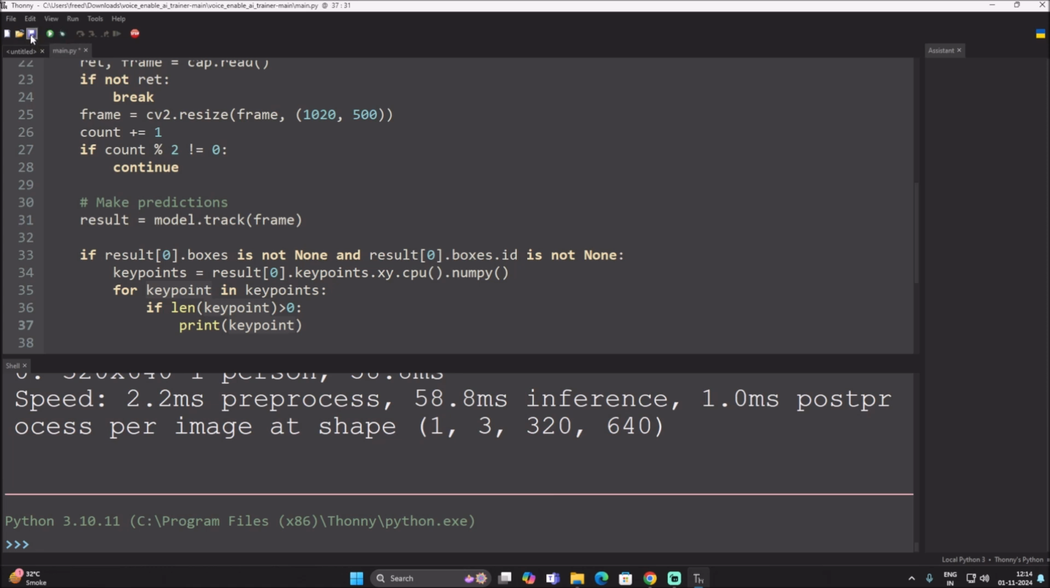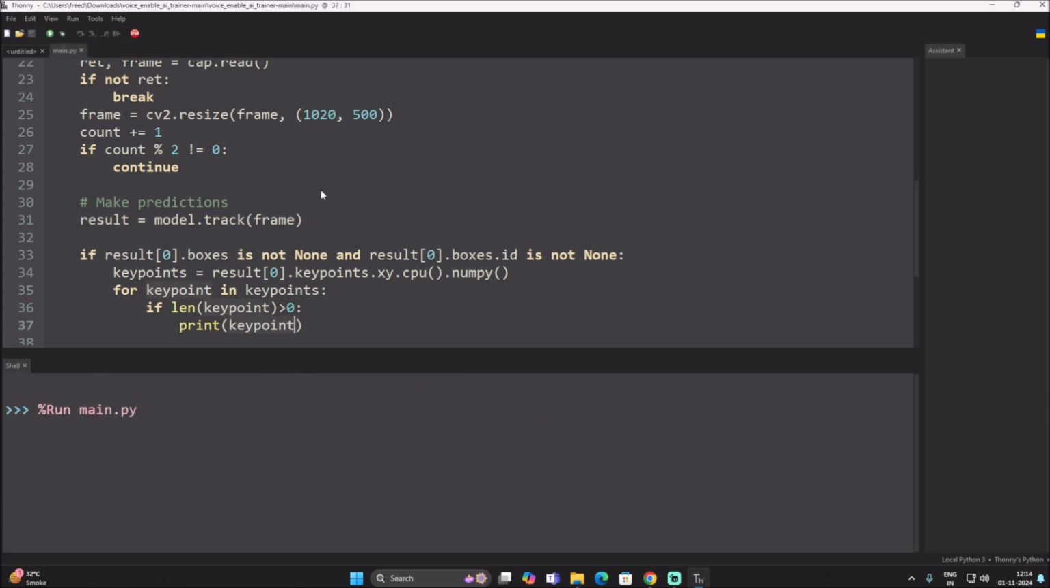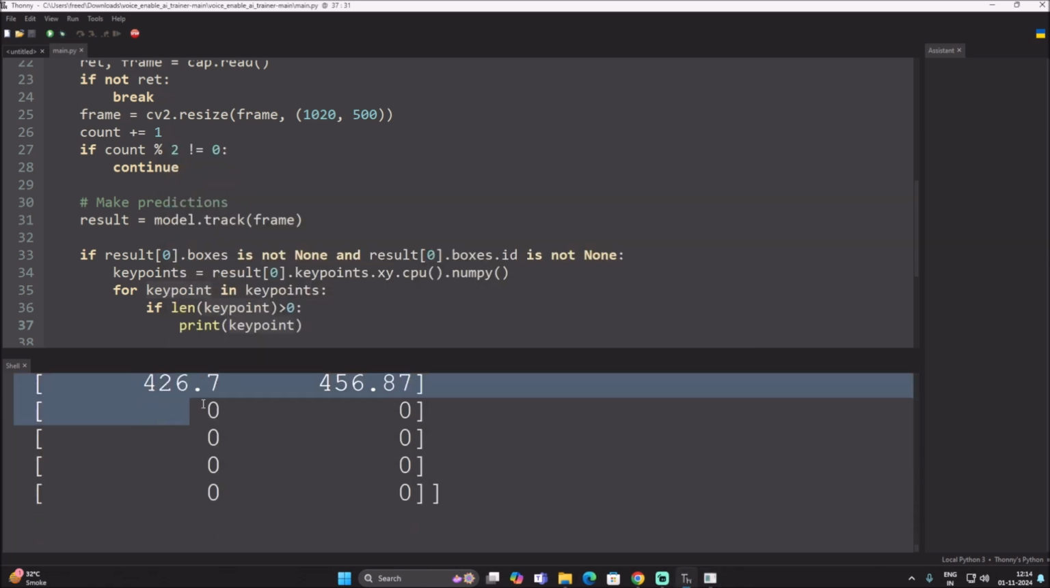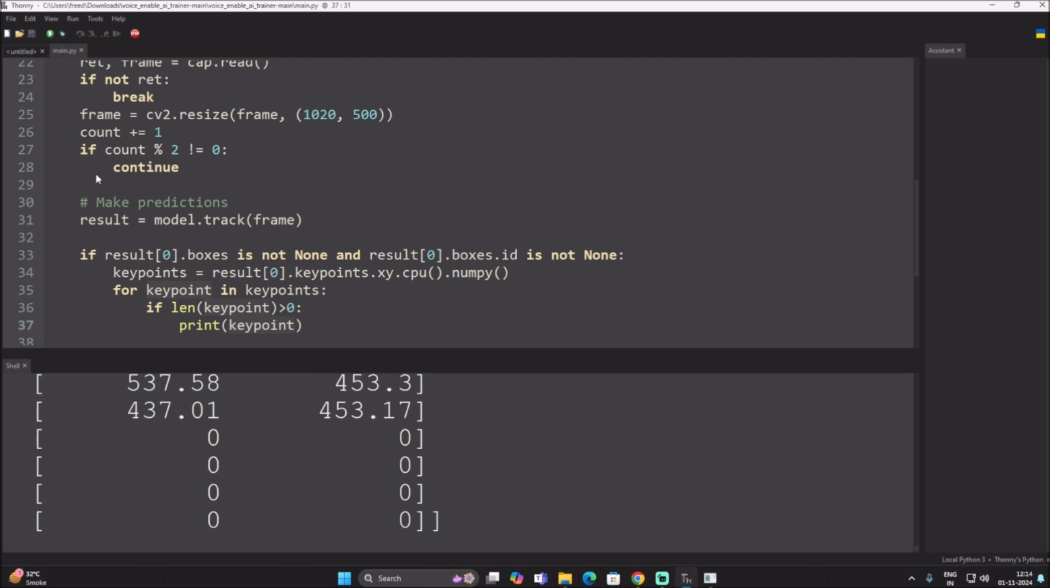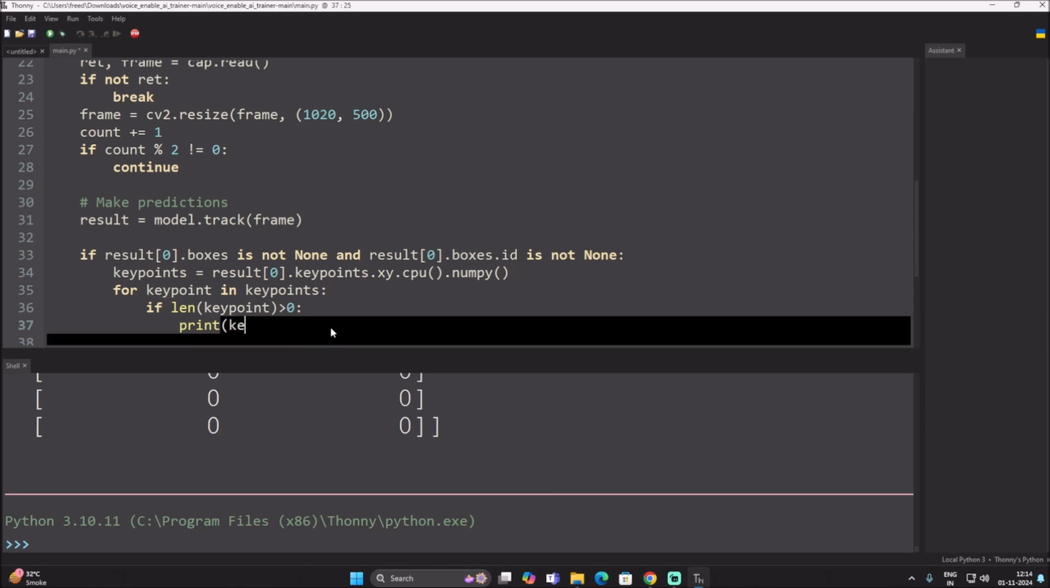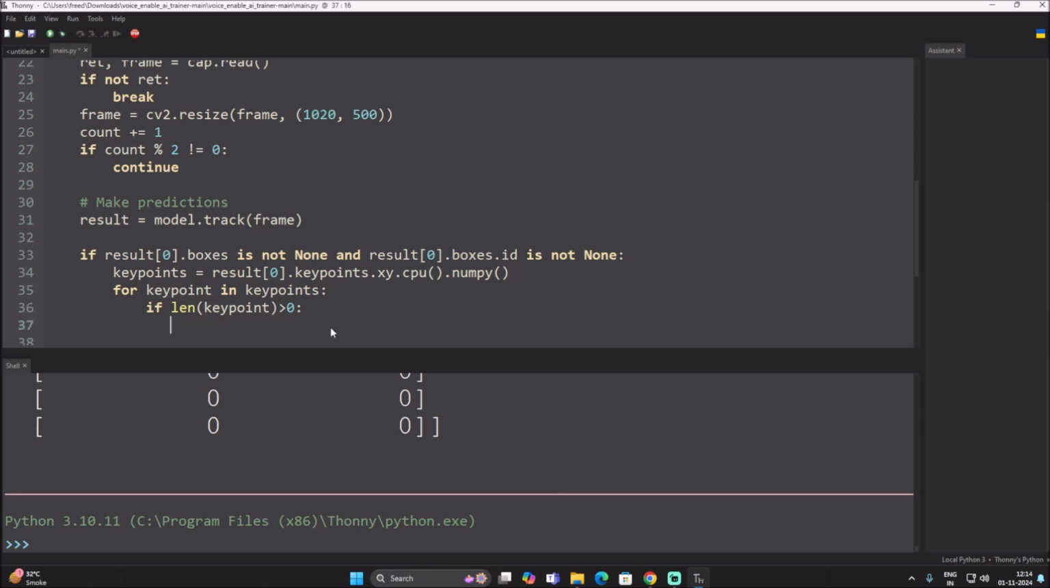So if I save the code, if I run the code, as you can see, inside shell we have key point. Simple. So now again we will use the for loop. So let's just say here, for point in our key point,